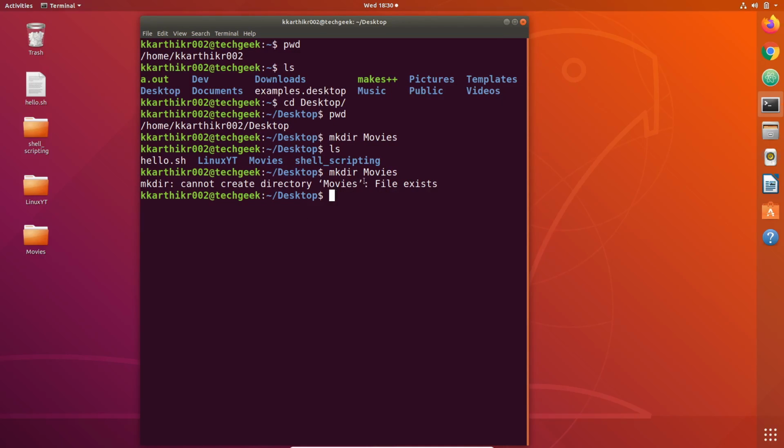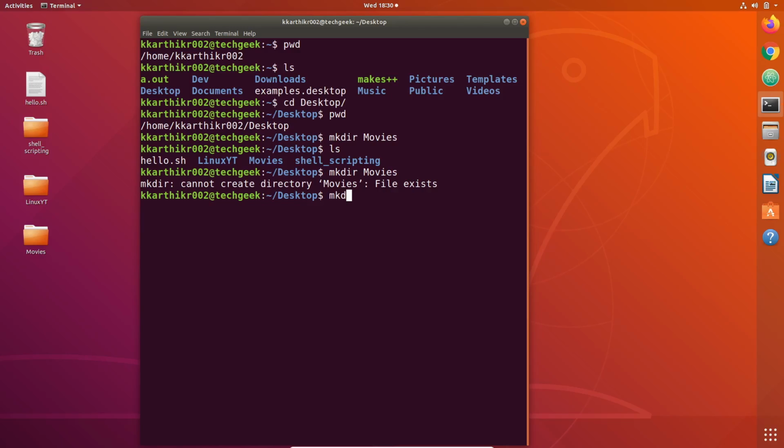Let's say we want to create a directory in some other folder, say documents. For this we need to go to documents and then use mkdir to create that directory, or you can directly use mkdir without moving to the documents folder.